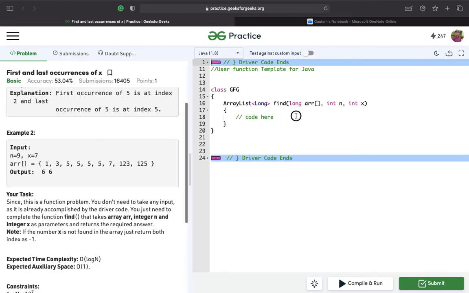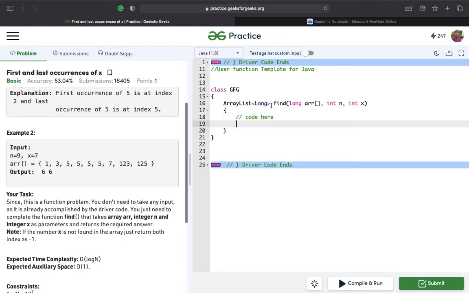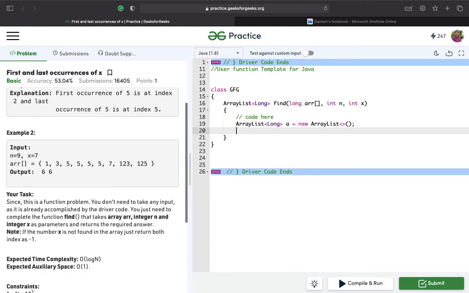So let's make an array list first of all, because the return type of this function is an array list of type long. So let's create a new array list of type long.